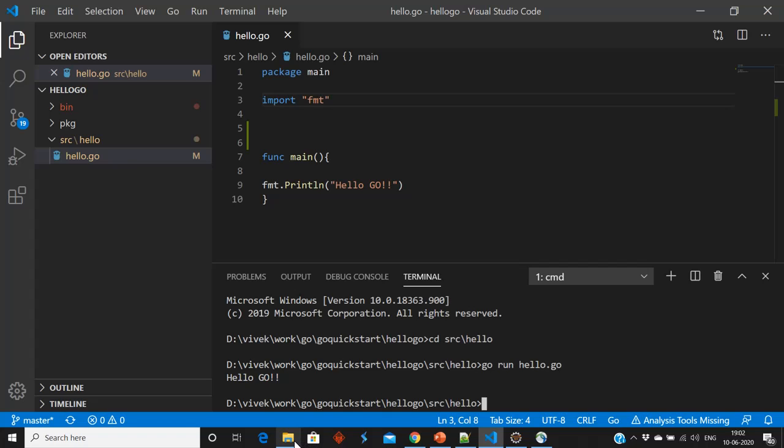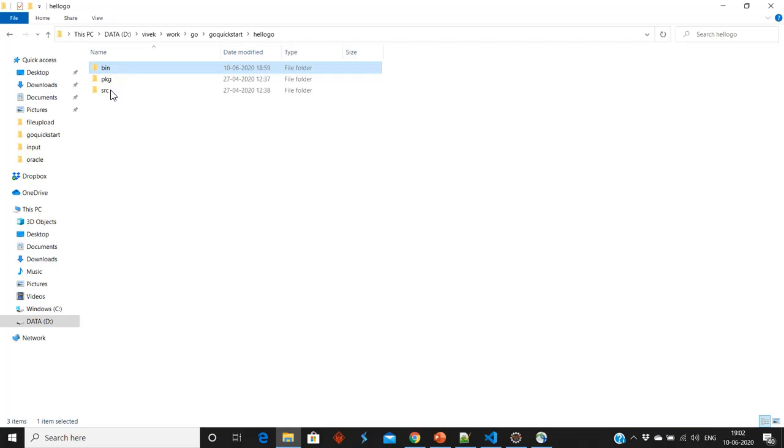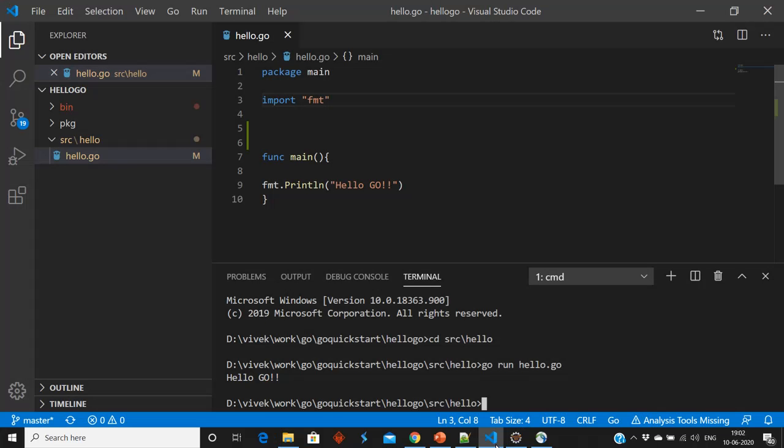Now we will examine the folder structure. If you see src hello, the hello.go file is still here. Now we will go in pkg, it is blank. We will go in the bin folder, it is also blank. So the question is, there is no binary file, then how is the code running, what is happening? To understand this, we will understand the concept of